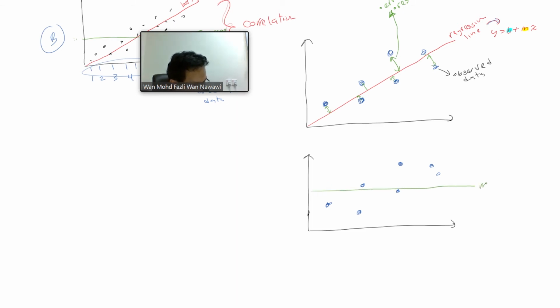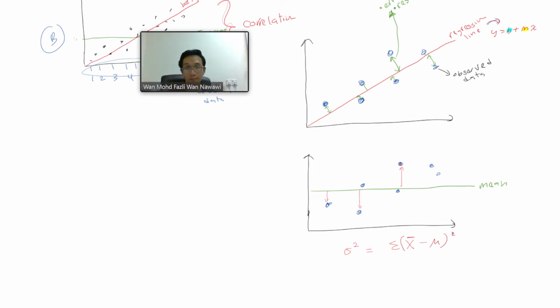So when you have the mean, you can also find the distance between the data, and this is what we deal with in the variance. The variance is basically the sum of your observed data, the blue dots, minus the mean,